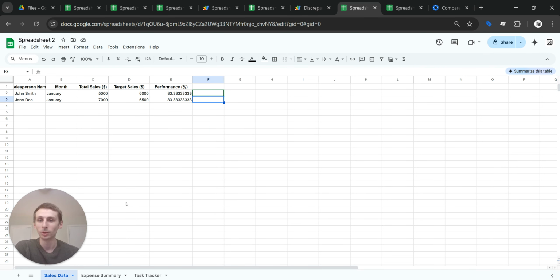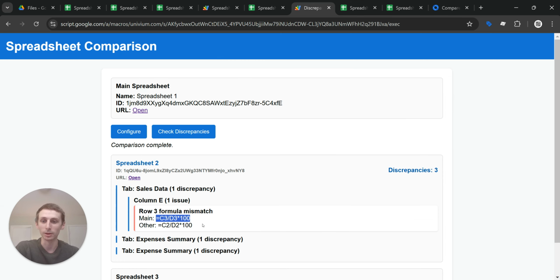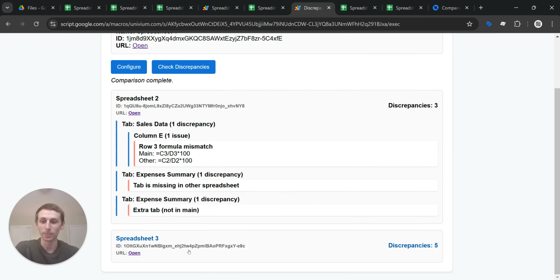Sales data. So if you notice, when I was copying this formula over, I clicked in and pasted it. What I should have done is I should have dragged down. I did that intentionally just to kind of show how it's really easy for a simple error to be made. And then even here,